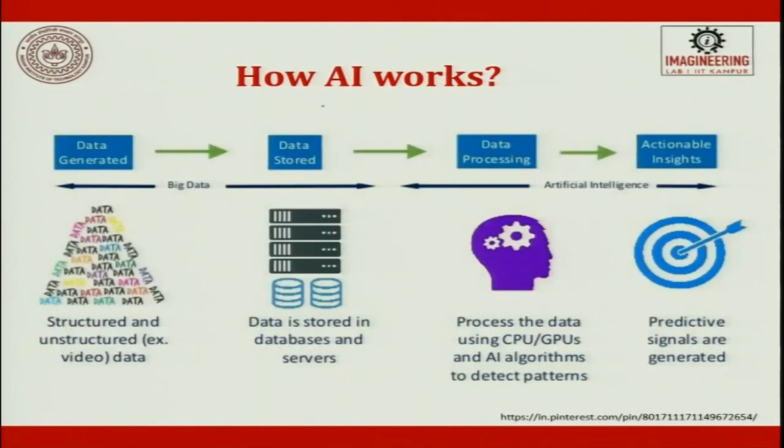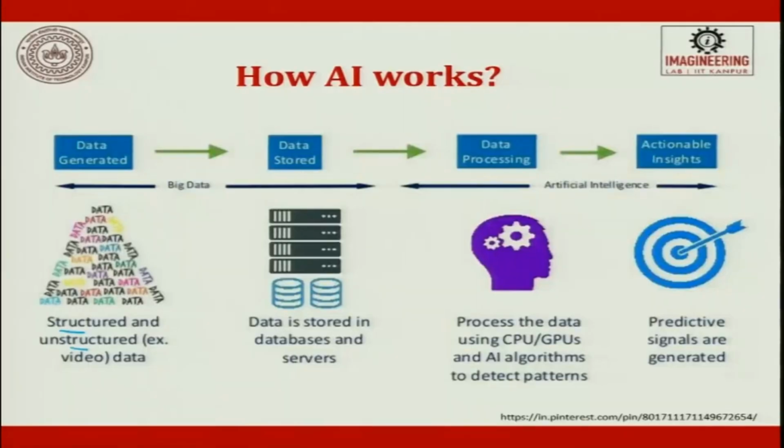How does AI work? There is a huge set of data. This data can be structured or unstructured. Unstructured data means erratically you get some points, you keep noting them down, or there is a lot of data which is not processed. Structured data means at every phase you get, for the same part, all those things are structured data. Structured and unstructured data put together, all these things are data.